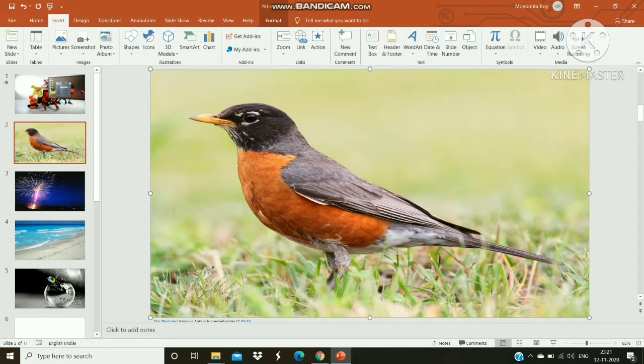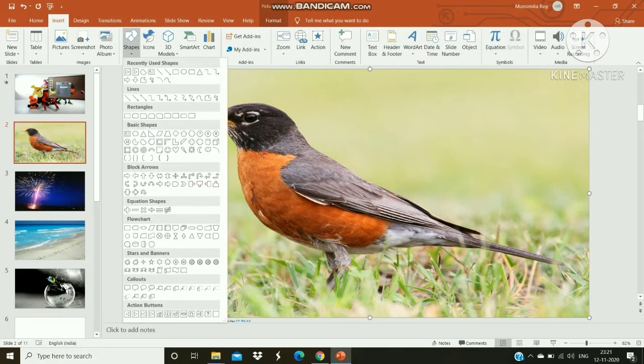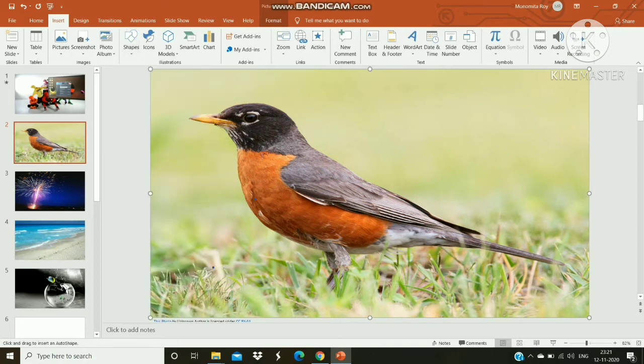So we need to first click the Insert tab, then click the Shapes command in the Illustrations group. A drop-down menu will appear with the action buttons located at the very bottom. Now you need to select the desired action button. Then step number 4 is to insert the button onto the slide by clicking at the desired location. The Action Settings dialog box will appear once you do this.